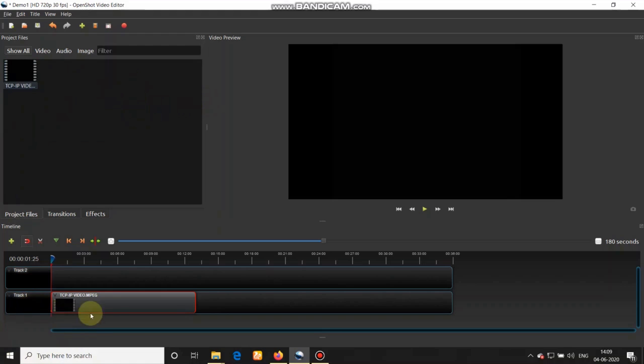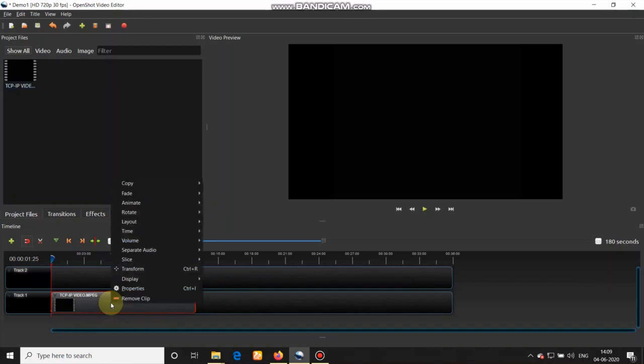So in my track 1, you will see the first clip. Now, to adjust the volume of this clip, select it, right click on the particular clip and move to the properties.